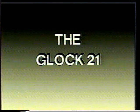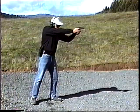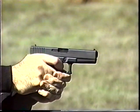The Glock 21. This pistol is externally similar to the Glock 20 10mm. All observations of that gun apply except for the chambering and magazine capacity. The magazine capacity is lowered to 13 in the standard magazine, and it is unknown if a +2 magazine will